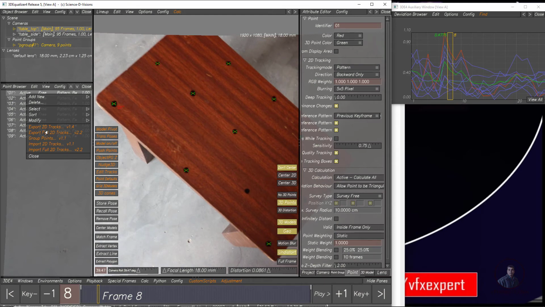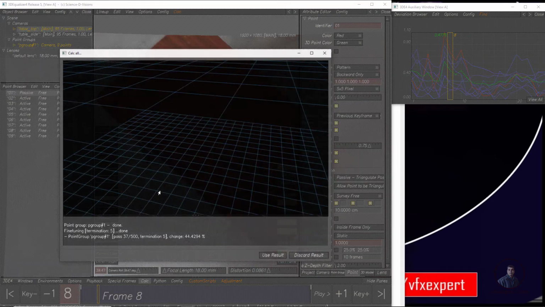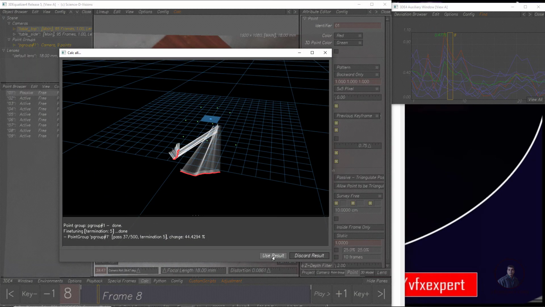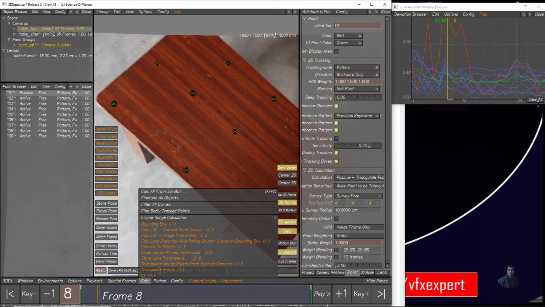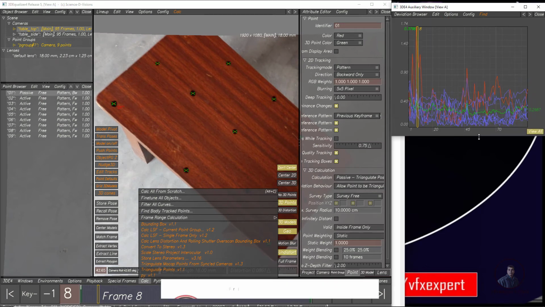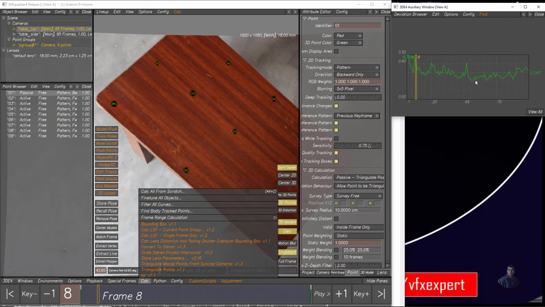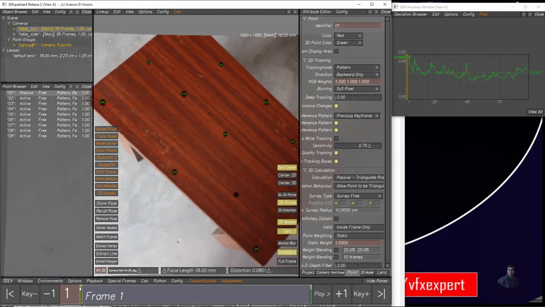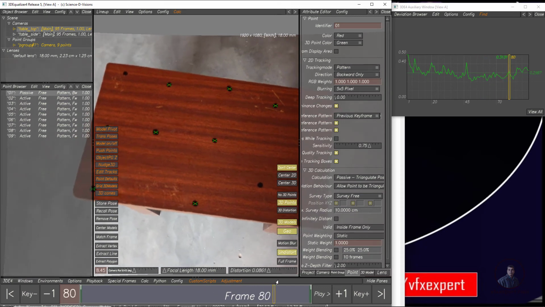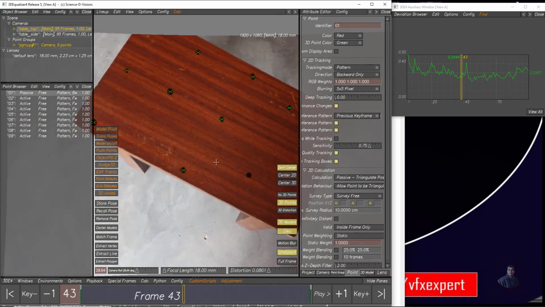So then right click, modify points, calculations, just simply click on passive points here, then solve again. Now use result here. Now you can see, I think this is looking good. Even you can see this is more accurate here. Then again just switch to our all points here, maybe none here. So easily you can see, I think this is looking good totally. Now you can see maybe 0.2, 0.3 errors, because this is a handheld shot, so this is sufficient for us, maybe 0.2, okay.